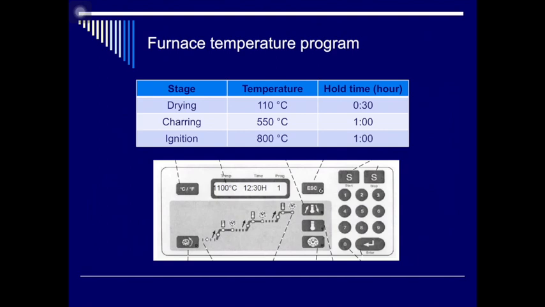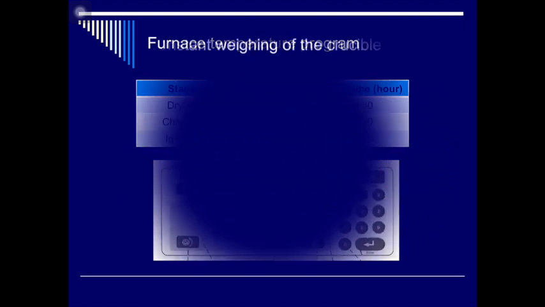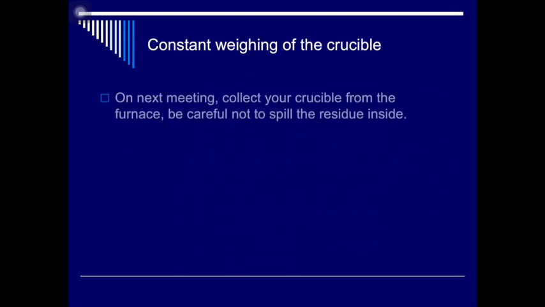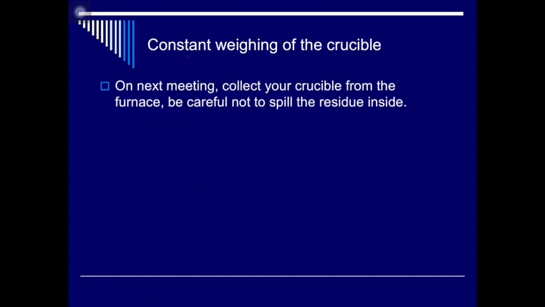The charring stage should be for 1 hour, and the temperature is at 550 degrees Celsius. And finally, the ignition would be for another 1 hour at 800 degrees Celsius. After ignition, we have to constant weigh the crucible with